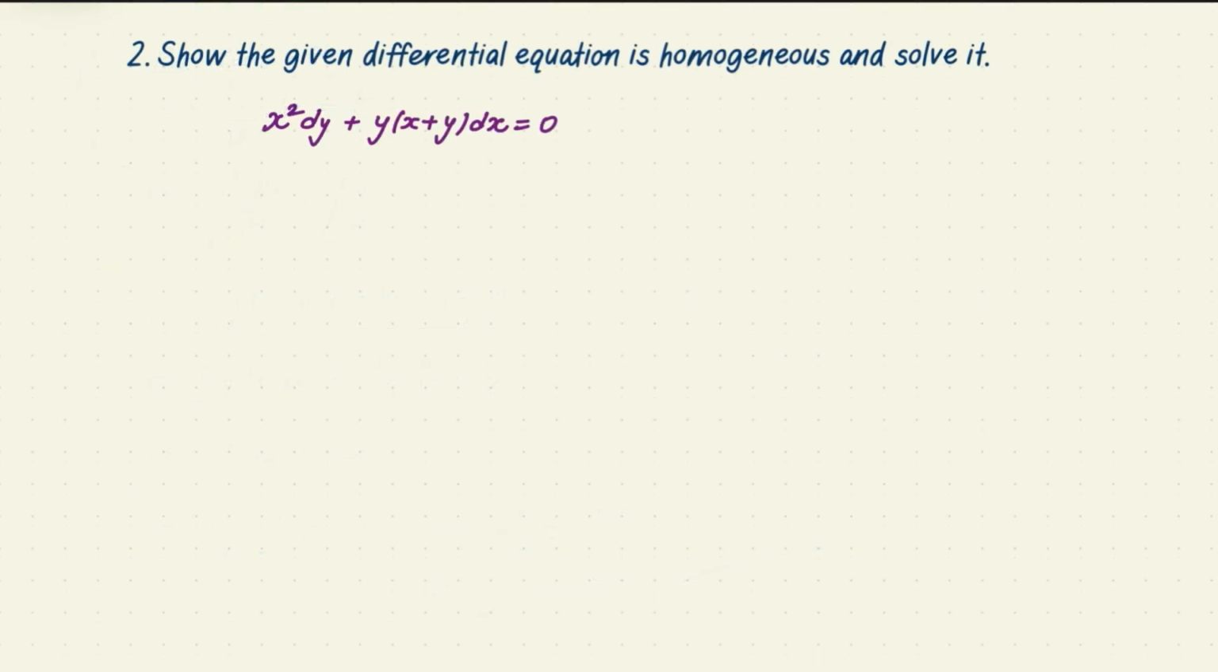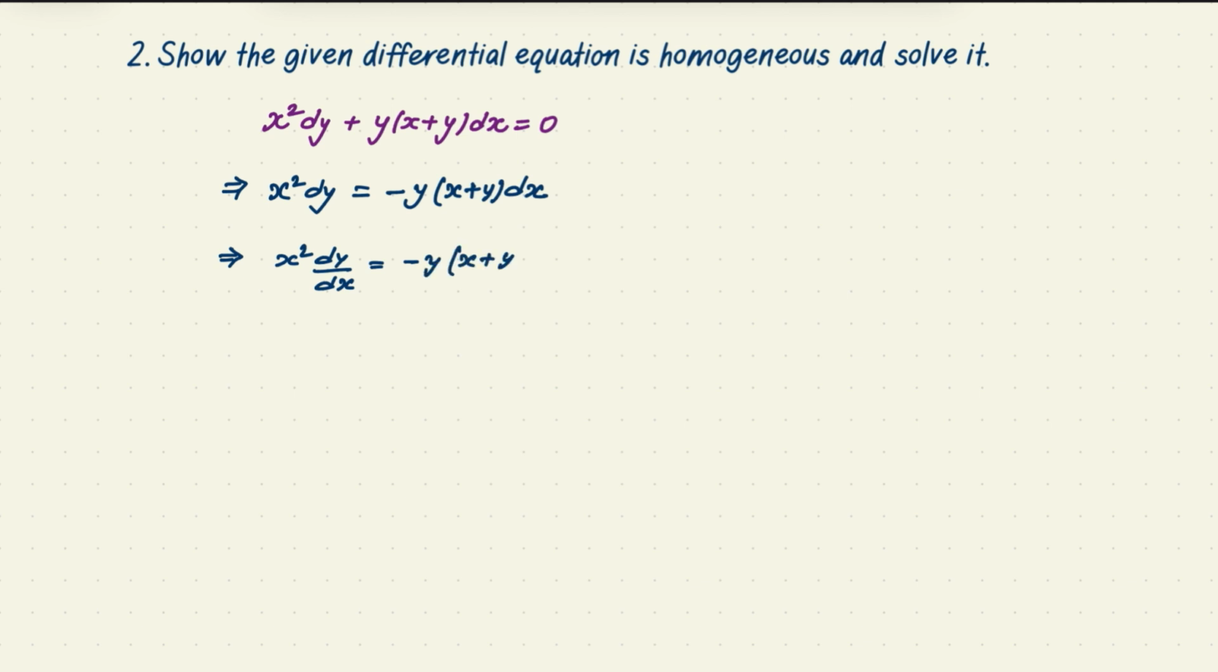Question 2. We have to show that the given differential equation is homogeneous, and afterwards solve it. So this implies x square into dy. Let us write this term on the other side, then it will be minus y into x plus y dx. Dividing both sides by dx, we will have x square dy over dx equals minus y into